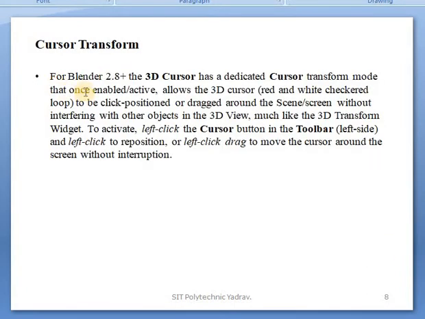Next, cursor transform. In Blender, the 3D cursor has a dedicated cursor transform mode that one can enable or activate. It allows the 3D cursor, the red and white checkered loop, to be clicked into position or dragged around the scene or screen without interfering with other objects in the 3D view, much like the 3D transform